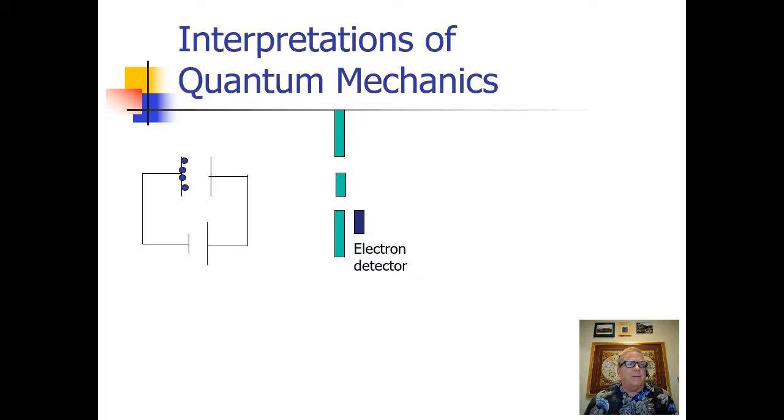Another feature of the Copenhagen interpretation that's often discussed is this idea of collapsing the wave function. We know now that there are ways to do the experiment so that the decision to observe which slit the electron goes through can be done after the fact. This is called a delayed choice experiment. So, if we make the choice after, perhaps long after the electrons have passed through the slits, does the collapse of the wave function when we observe which slit the electron went through travel backwards in time?